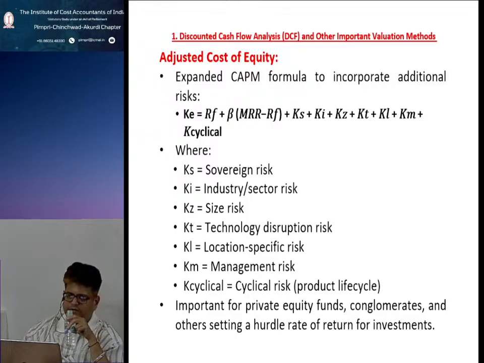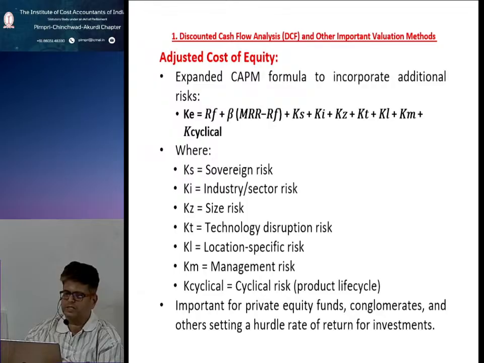Here, KS is sovereign risk, KI is the industry or sector risk, KZ is the size risk, KT is the technology disruption risk, KL is the location-specific risk, KM is the management risk, and K cyclical is the cyclical risk because of the product life cycle. The important aspect here is that it is important for private equity funds, conglomerates and others setting a hurdle rate of